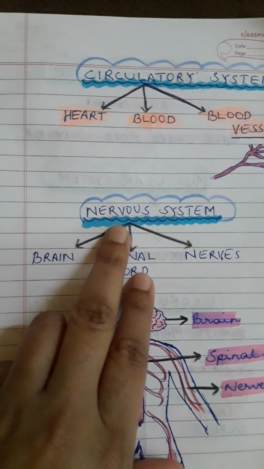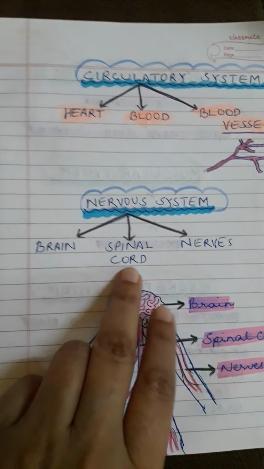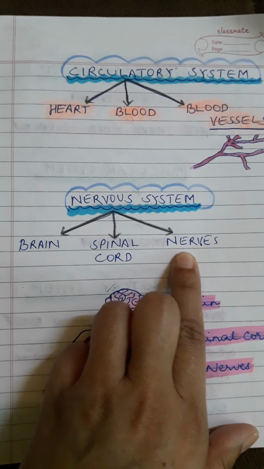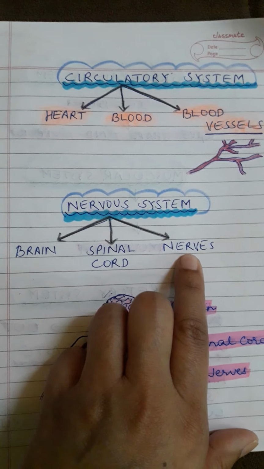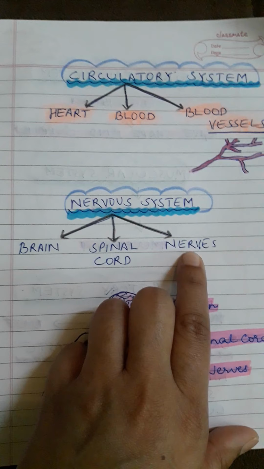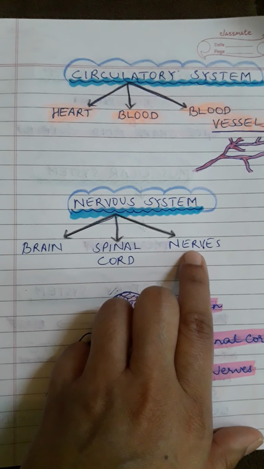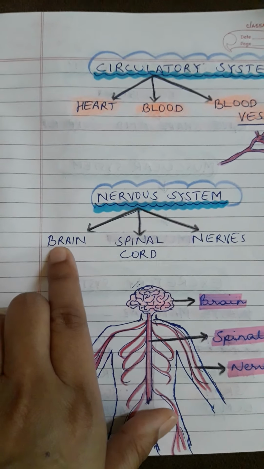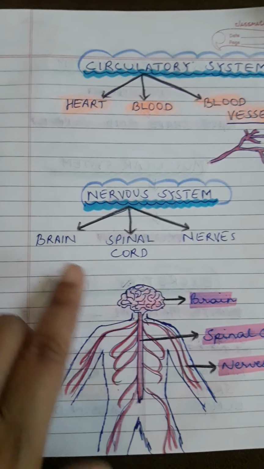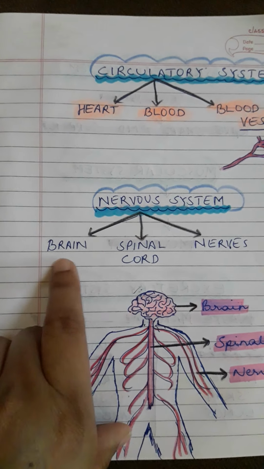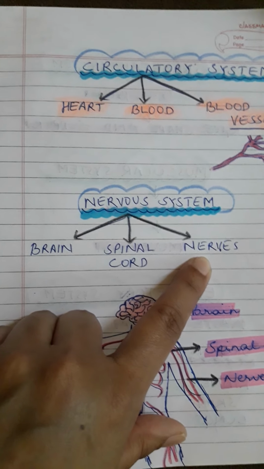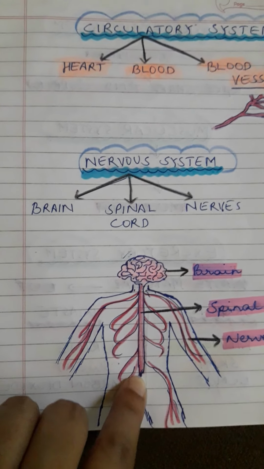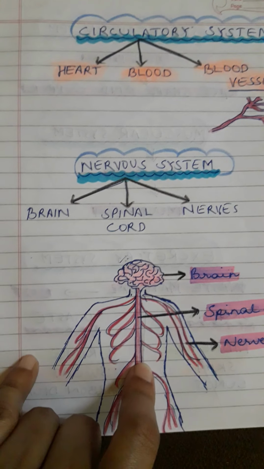Next we come to the nervous system. The nervous system has three main parts, that is the brain, the spinal cord, and the nerves. I had taught you the function of the nerves, right? When we had done the sense organs, the messages are passed from the sense organ to the brain through nerves. So you know what is the brain. Now you know what are nerves. Now what is spinal cord? You know we have a backbone in our body, right? Now there is one main